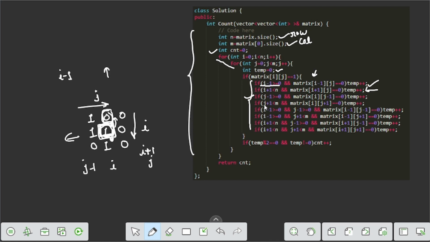So this condition is the right direction, which is we decide this state, then we go to the right side, then j plus 1 and i remains the same, and we check the condition.